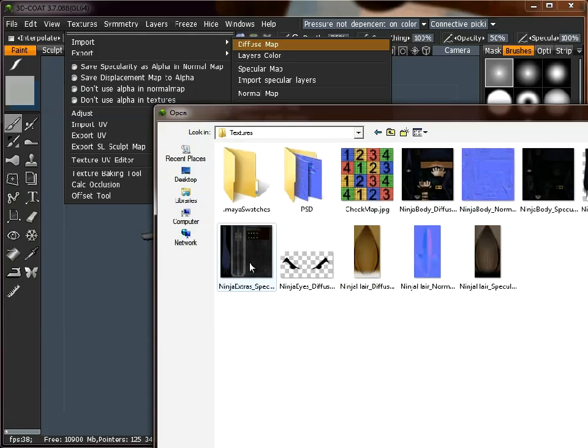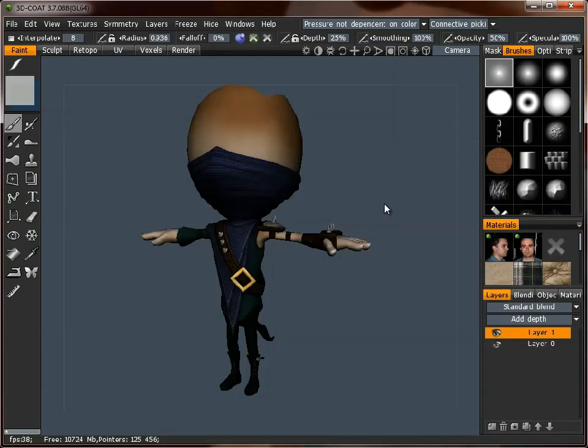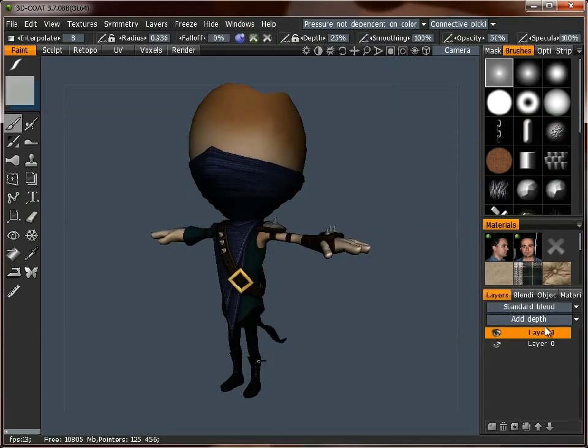Just switch to our textures. So this is the diffuse map that we were left with. We'll import that one. There we go. And maybe that's assigned it to layer 1 here. So we'll maybe rename that to base diffuse. Next,